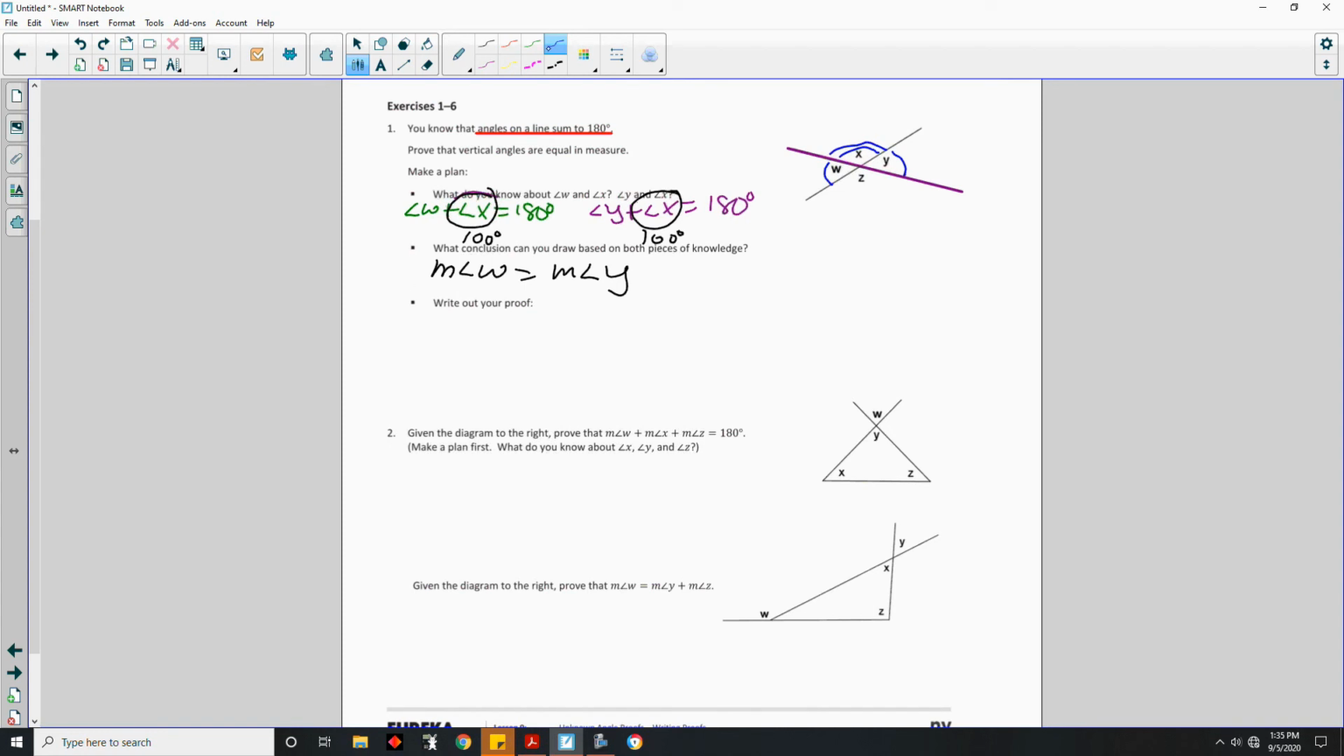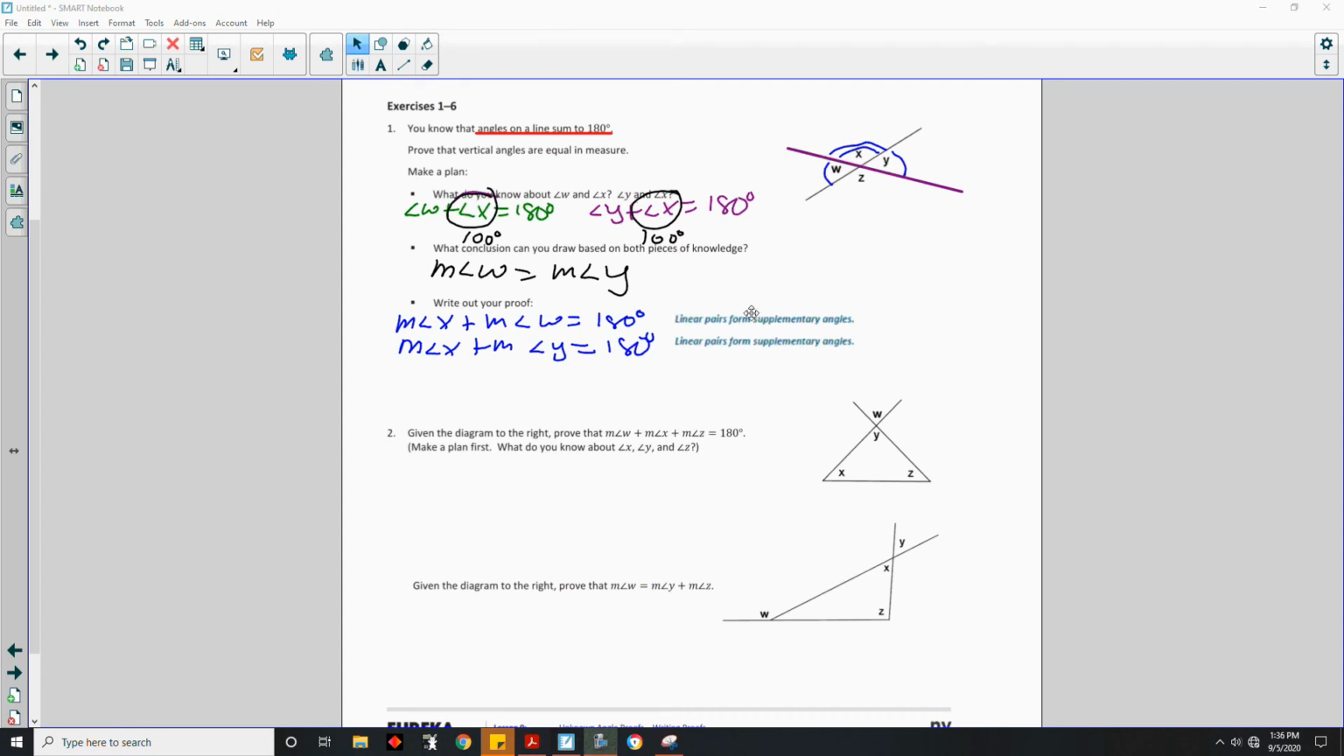So you would say the measure of angle X plus the measure of angle W equals 180 degrees. Okay, that's this here. And then you can say the measure of angle X plus the measure of angle Y equals 180 degrees. And the reasons, we have to give reasons when we do proofs. Okay, linear pairs form supplementary angles. Linear pairs form supplementary angles. Okay, and then the next step would be